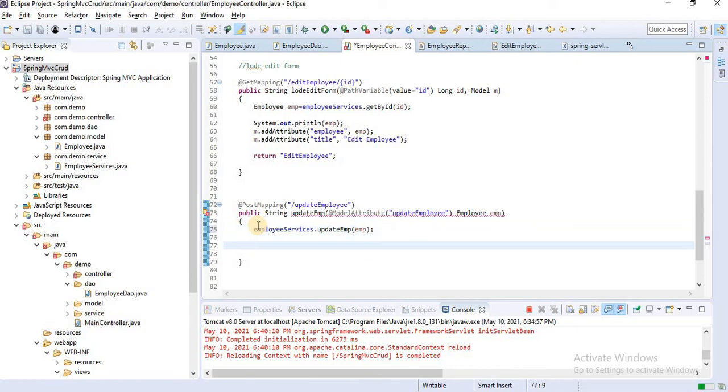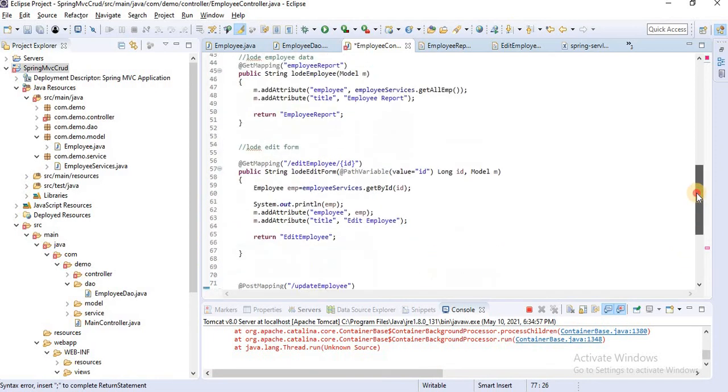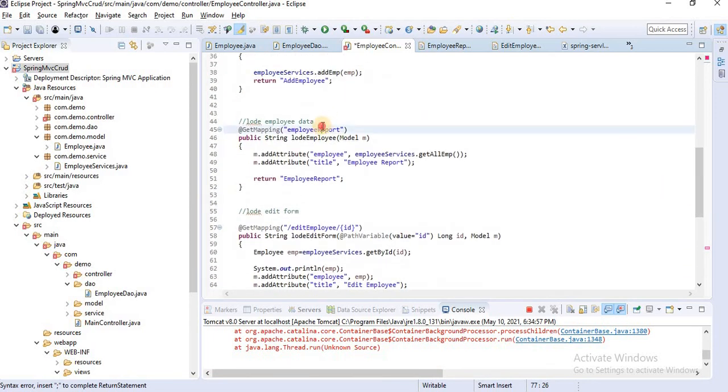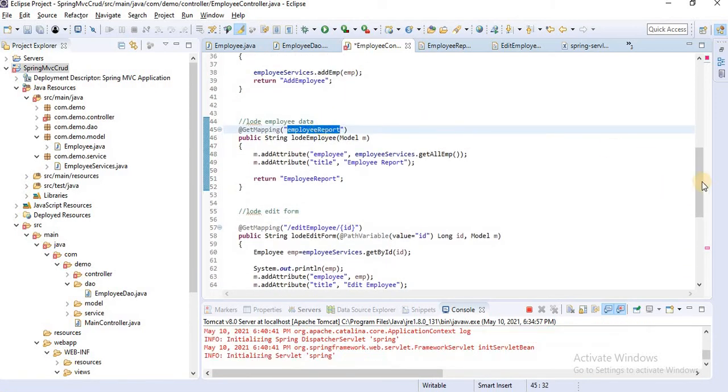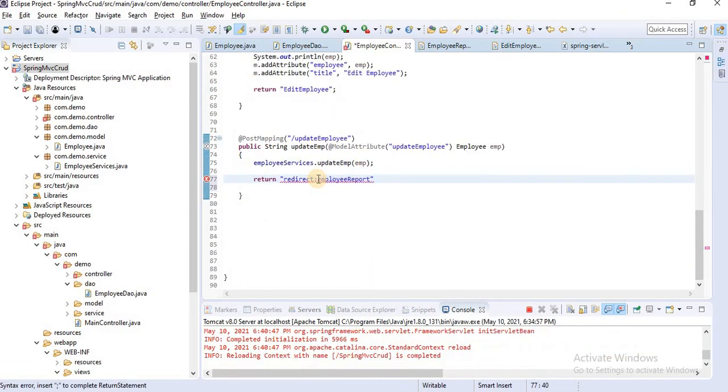Once it's done, then return and redirect: redirect colon. We are redirecting to the employee report. Let's copy the employee report and paste it here.